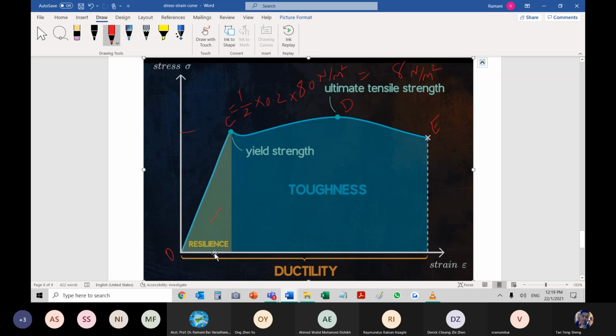And then ductility. Ductility is a strain measure, the percentage. Ductility is the total behavior from the start of loading until the breaking point, or just before the breaking point. This shows the ductility of the material, or flexural strength of the material, or tensile strength of the material. And then what else can we see?